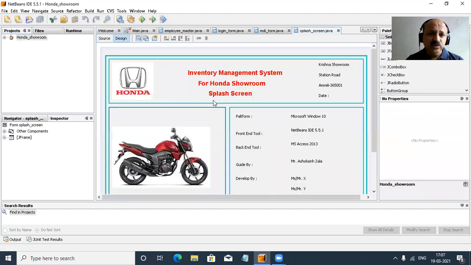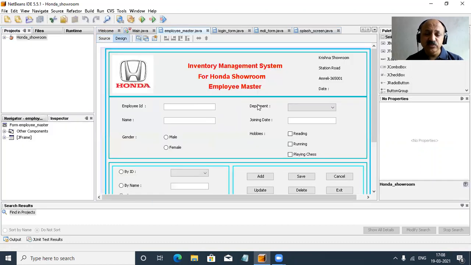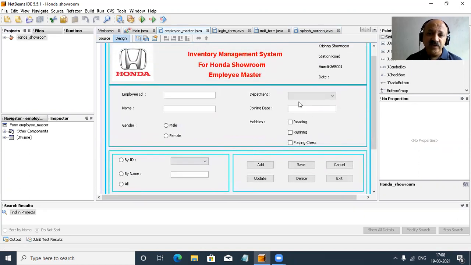So now we turn to our coding part. The employee form design we have already taken, along with some user defined methods, where we fill the JTable and combo box with values, and the radio button group defined in my previous video lecture. All the IDs we have to apply so we can use them in the coding now. First, we apply the exit button coding.